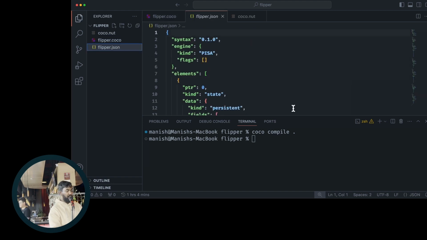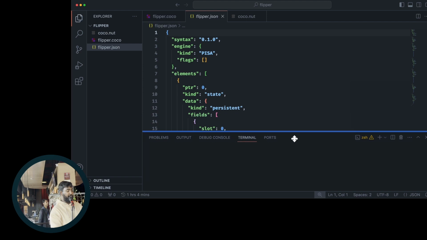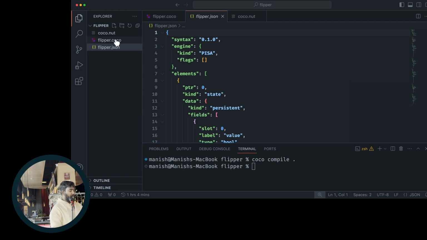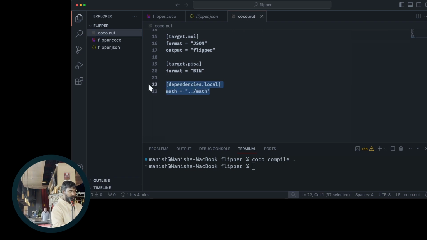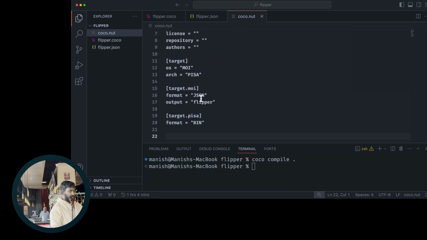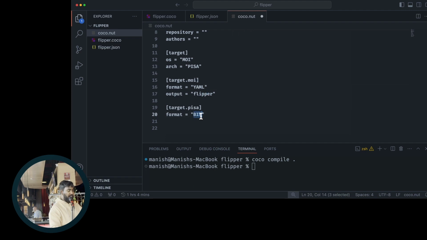This is a more difficult version of it to read. This is the ideal format for deploying with the SDK, but let's just say I wanted a more easy version to read, right? Let's say I wanted to go YAML because I like YAML more, just for the sake of it. Okay, flipper. And instead of binary, because it's very difficult to parse the opcodes, let's go with ASM because it's just easier to read the opcodes here.